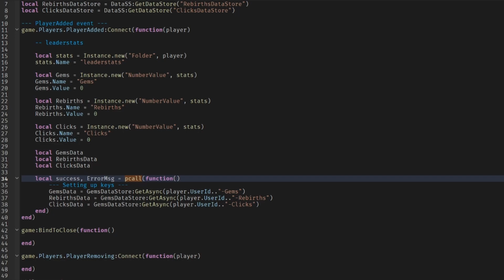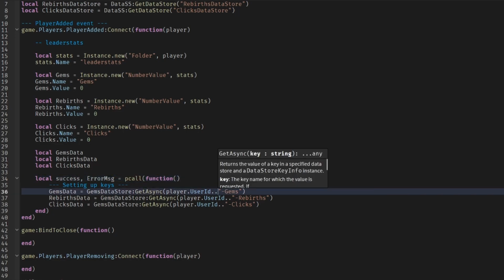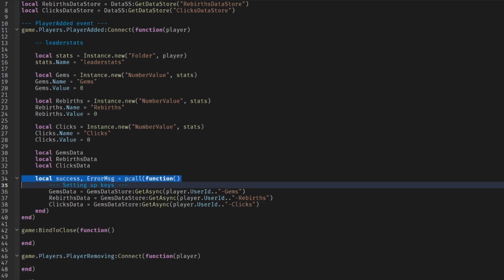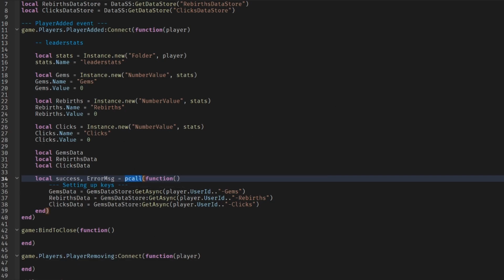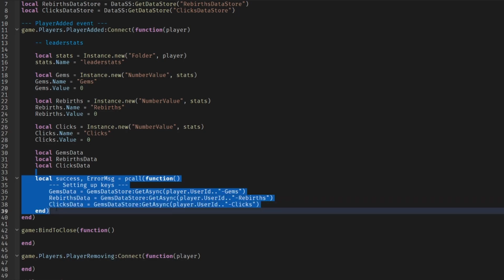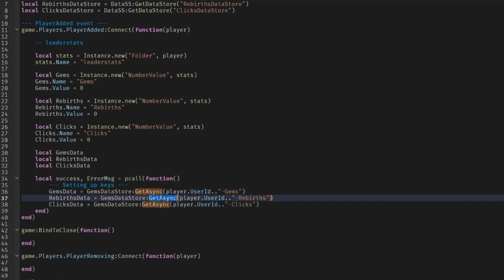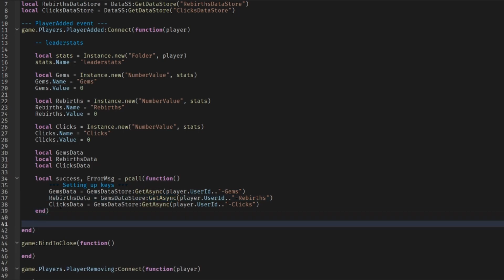Okay, so if the function wants to access something in the server and it fails, it will error the whole script. If we do a pcall, we will wrap it in this function, and if it fails, it's just going to send us an error. Okay. So that's basically what pcall is. Anyways, we can pop out of this function